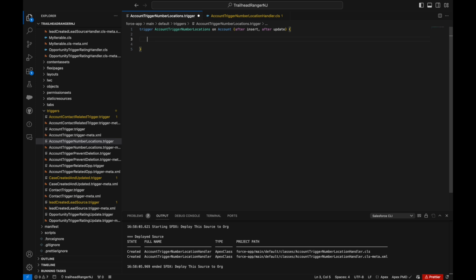So now what we'll do, we will check if the trigger is after operation, and then if the trigger is insert, here we will give our scenario, or if the trigger is update,